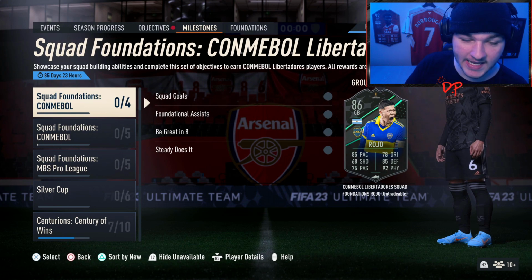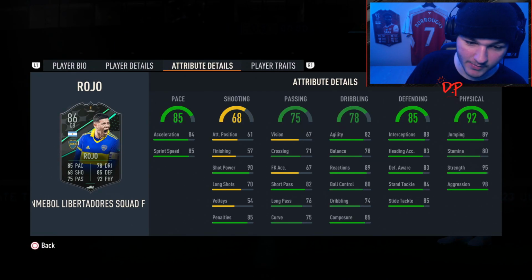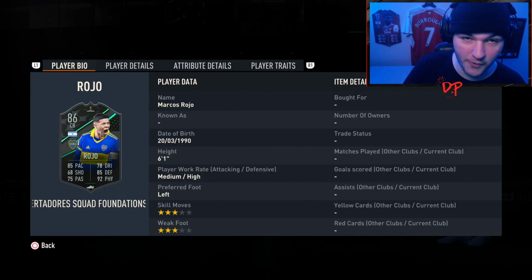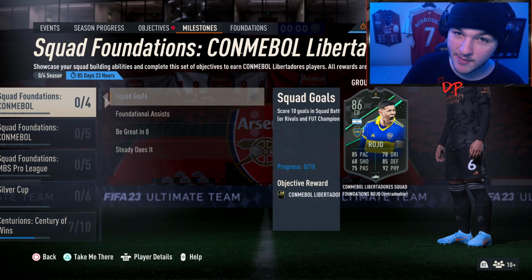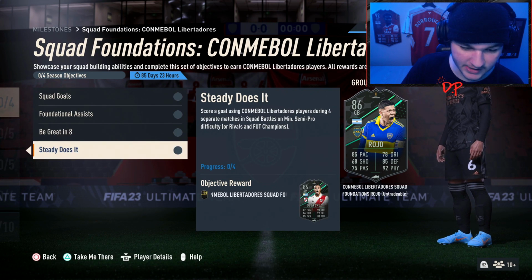But all in all though, these cards look pretty damn good. This Argentine centre back here, left footer, medium high, 6'1", good dribbling, pace, defending, incredible physical. Look at that strength and aggression. For a free card, well, I know time is money, but he looks incredible. You've got Fernandez you can get, you've got a Cruz that you can get as well, who is so close